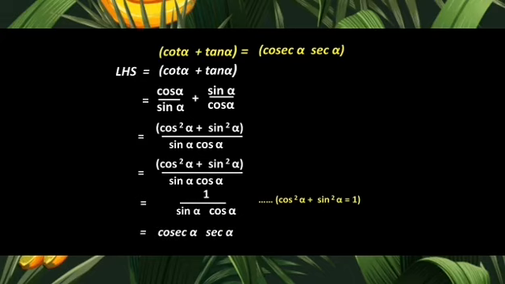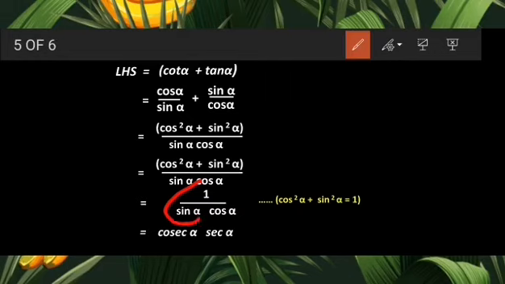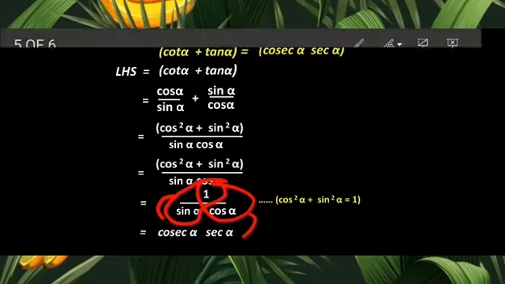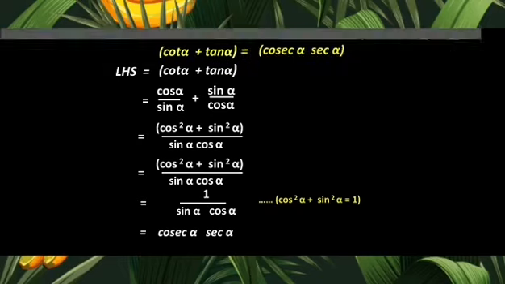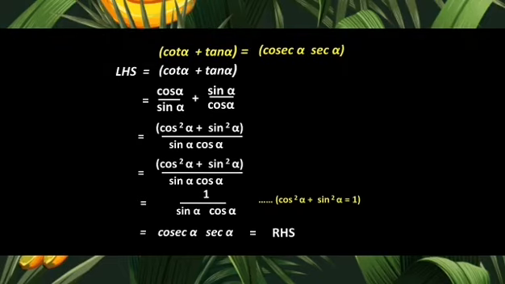This is the identity that we used, and this part, 1 upon sin alpha, is giving you the answer cosec alpha, and this part is giving you the answer sec alpha, and hence our sum is finished. We have proved the equality. I hope I'm making it very clear to you. The steps, and what made me choose that step, is the important thing to be learned by you. Apply it after finishing the lecture, I mean to say, solve the sums. Now let's move on with the next question.